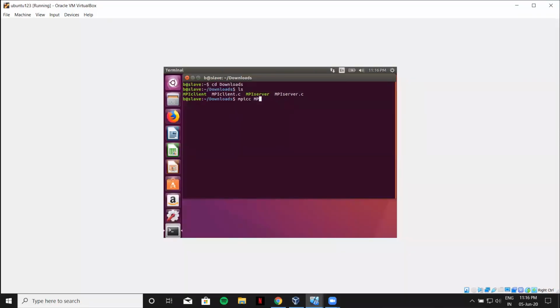We encountered some problem in the dpkg package, and hence we are moving to another node, and we are going to run the files in this node from the starting. We have already run the MPI server file here, and it has already generated the output file. Now we are going to run the output file using this command.